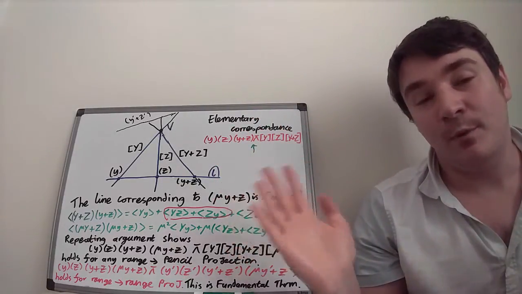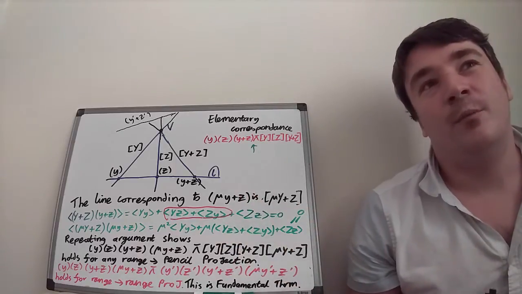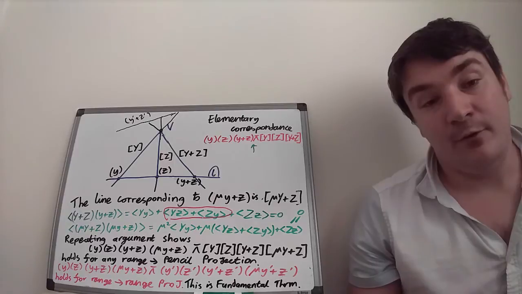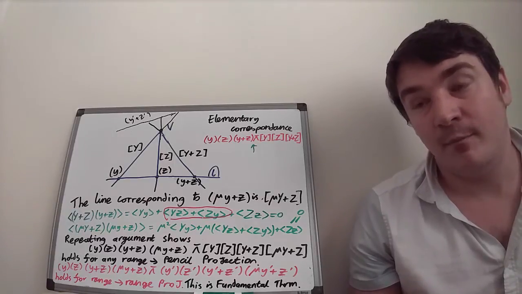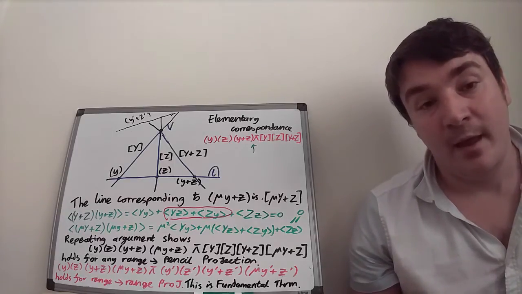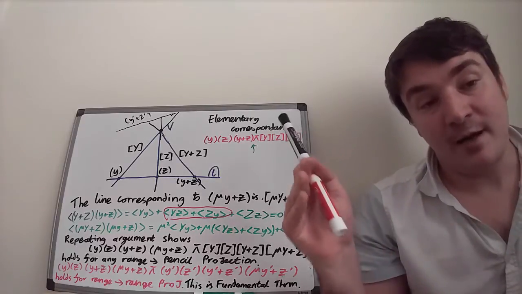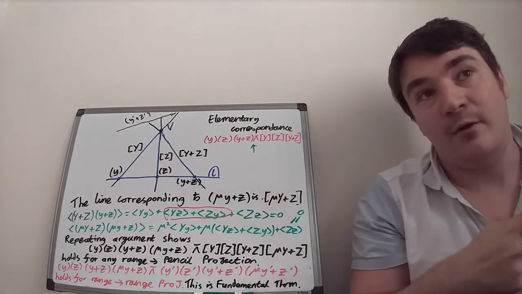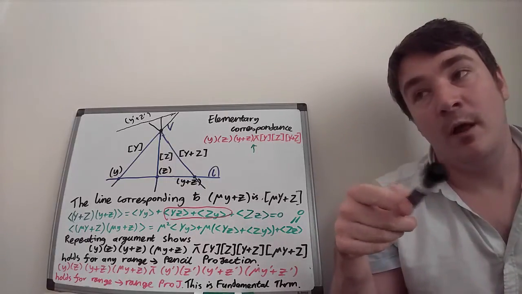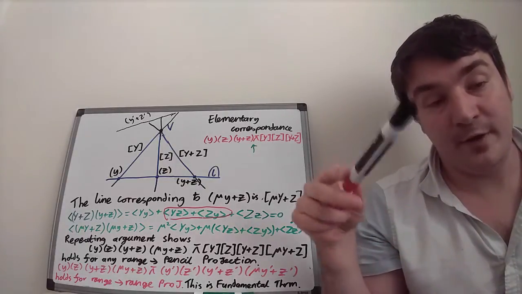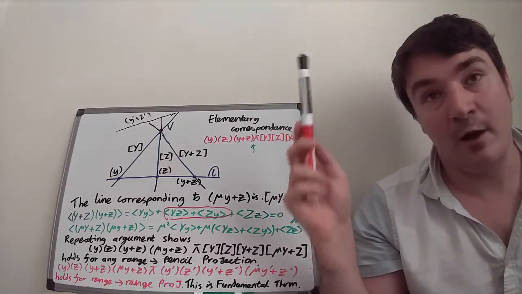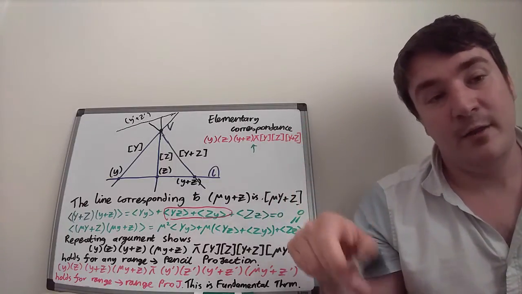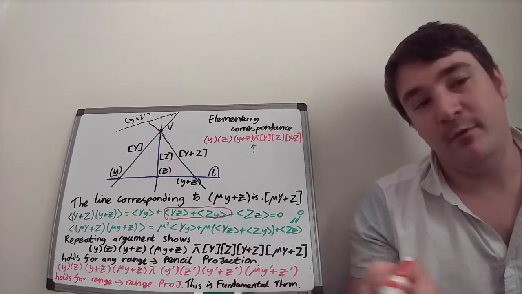That's the axiom that we want to prove. But we can prove the equivalent result, which is the Fundamental Theorem of Projective Geometry. What that basically says is that if you have a projection from a range of points on a line to a range of points on a line, and you know how that projection works on 3 distinct points, so you know how the image of a point y, the image of a point z, the image of another point,